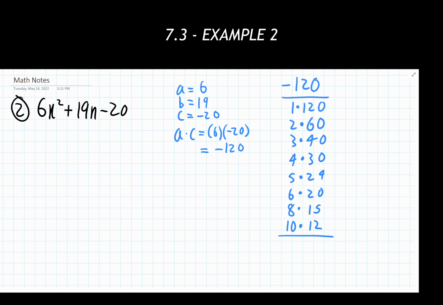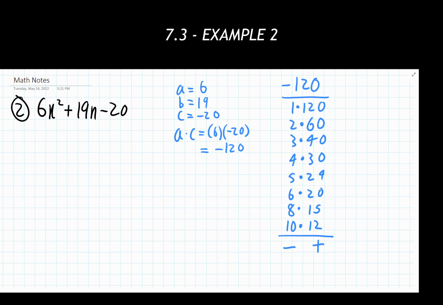Which column is positive, which one is negative? Well, if you organize it that way, the B value, being a positive number, positive 19, is always going to tell you the sign of the larger column. And we get that by saying, well, if I'm adding these two things together, should my result be positive or negative? Well, my result needs to be positive, which means the larger numbers have to be the positive ones. It's the only way my result, when these things add together, is a positive answer, if the large numbers are positive.